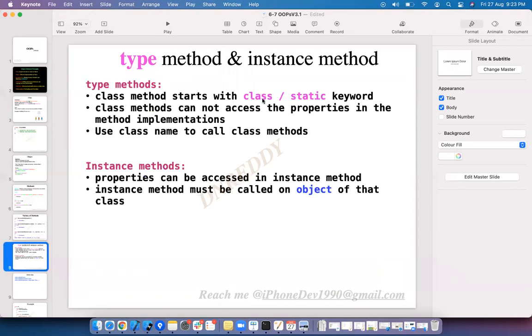Class methods start with class or static keyword. Class methods cannot access the properties in the method implementations. Use class name to call the class methods. We will see them in practical, these statements. Properties can be accessed in the instance method. Instance method must be called on top of an object of the class.